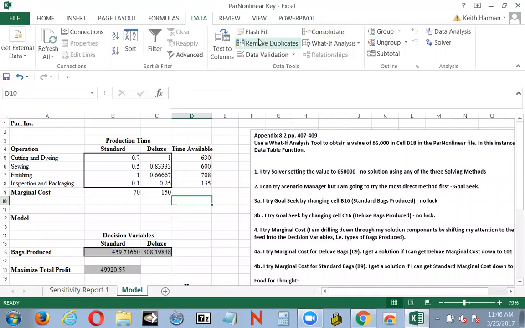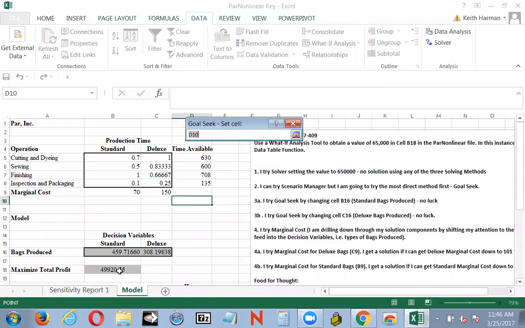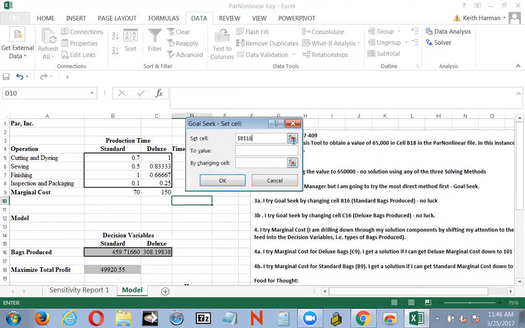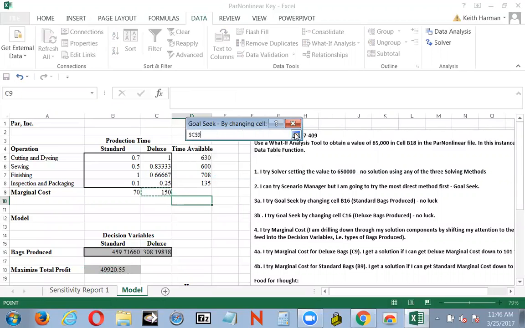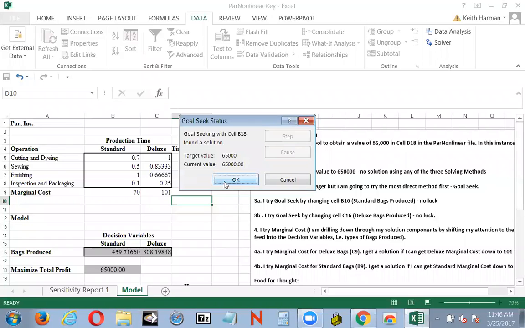And so I'm going to come over here to what-if analysis. I'm going to click goal seek, and I'm going to set the cell B18 to 65,000, and by changing cell C9, and I'm going to run it, and I get a value, and that is if I can get the marginal cost of the deluxe bags down to 101 bucks, I can reach my goal of 65,000 maximum profit, okay,